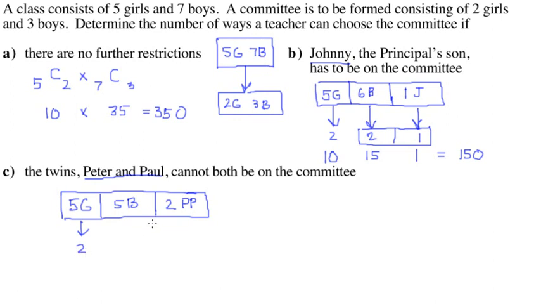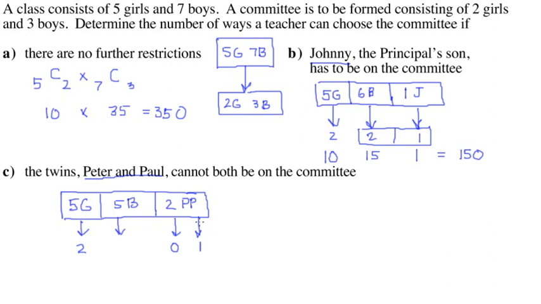And, well, here we get a bit of a problem. Can't both be on the committee could mean a couple of things. It could mean neither of them is on the committee. If neither of them is on there, then you can say, nope, they're not both on. And if one of them is on, that would be okay as well. Either one of these ways that we are covered for not having both. The trouble is,